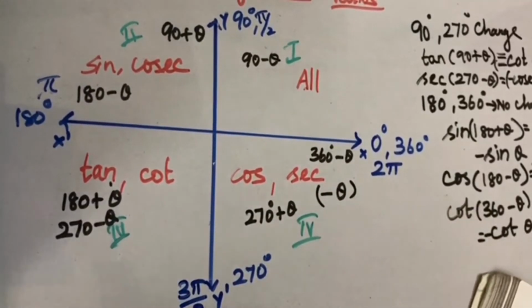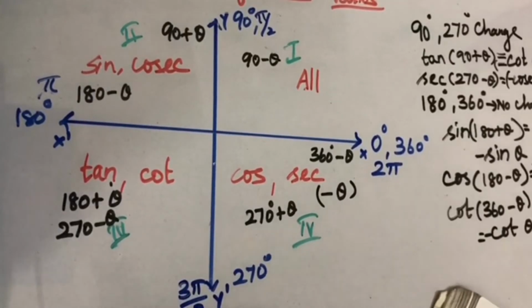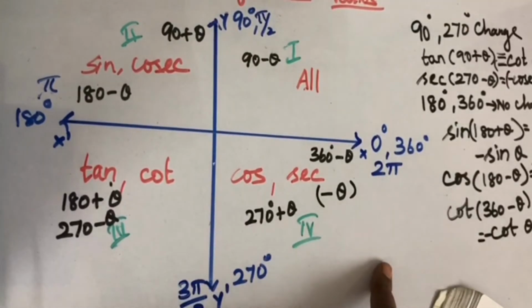Okay, so it is given as a table, but if you remember it like this, if you learn it like this, then it will be easy. You cannot memorize the whole table. Okay, you don't need to memorize, just learn the concept, it will be easier.